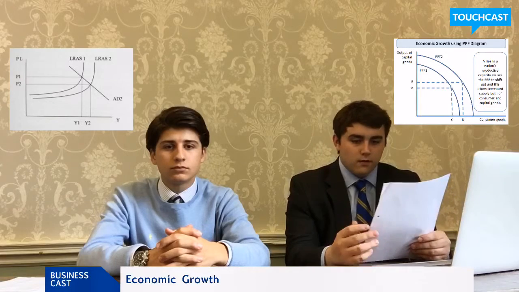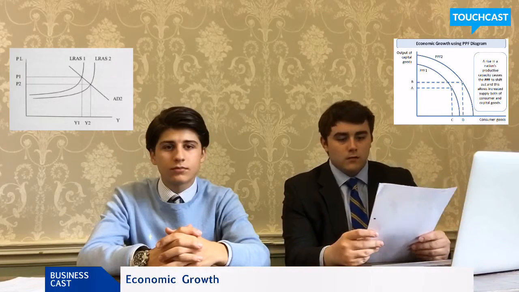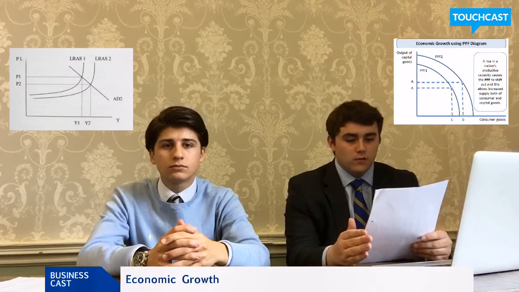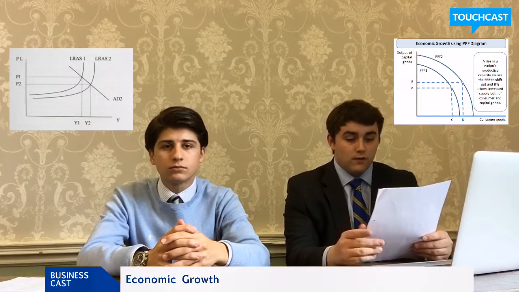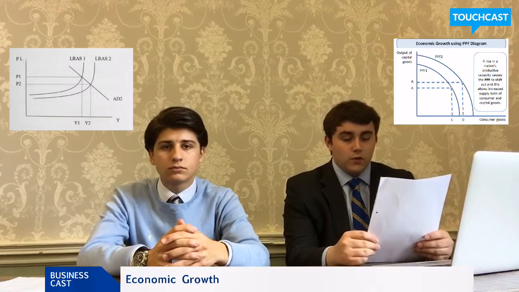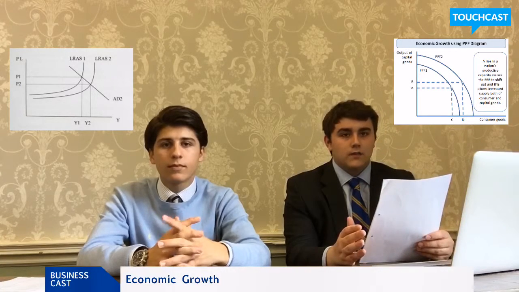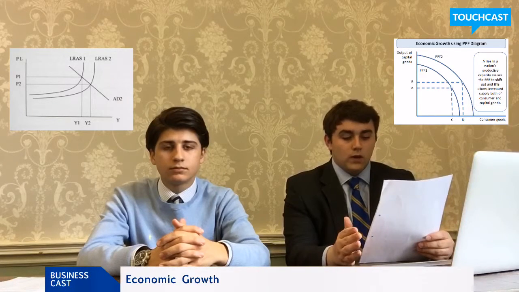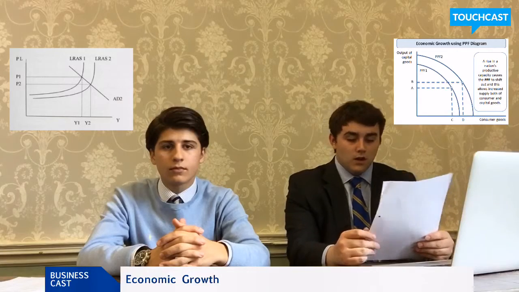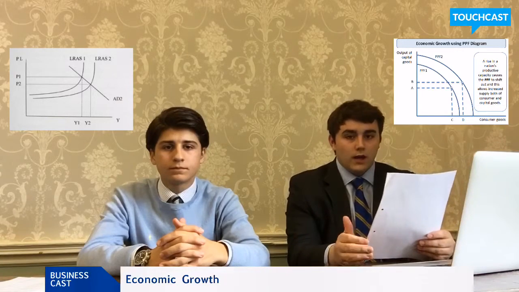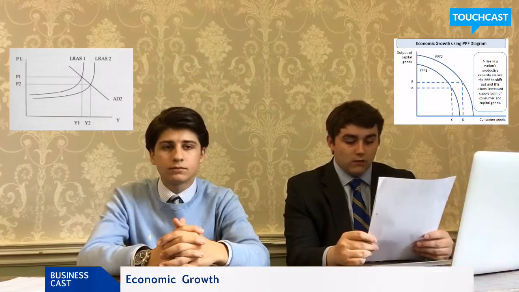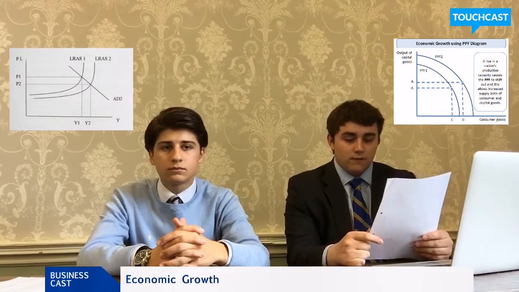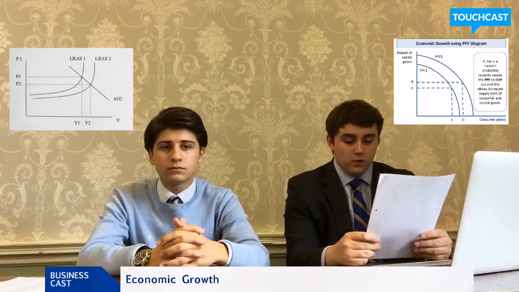Back to economic growth. There are three policies to increase economic growth. They are supply-side policies, where the government attempts to increase productivity and increase the efficiency of the economy. Monetary policy, reducing interest rates to stimulate economic activity. And then fiscal policy, higher government spending and/or cutting taxes to boost AD. This can have some benefits: higher incomes for workers, increased tax revenue for the government, which can be invested in public services,